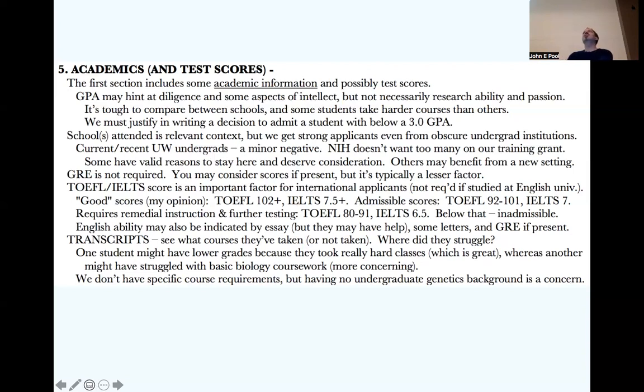I think a standard biology curriculum is going to be viewed the same way regardless. But speaking for myself personally, if one applicant took a very standard biology curriculum and nothing really beyond that, and another applicant took the standard biology curriculum but was also taking third year calculus sorts of courses,